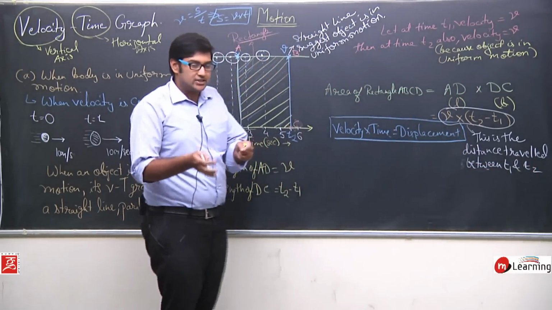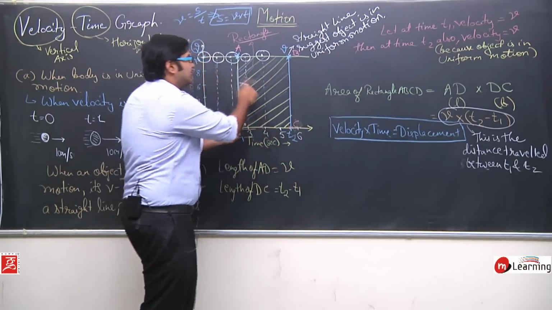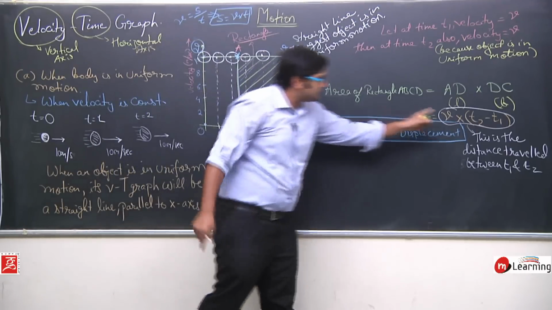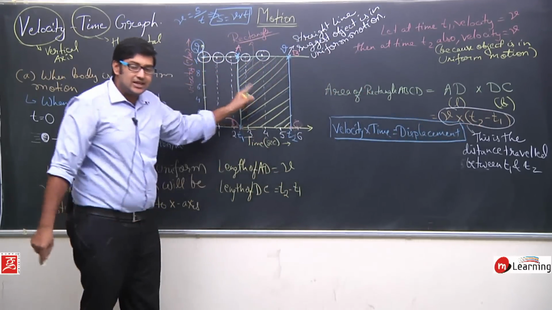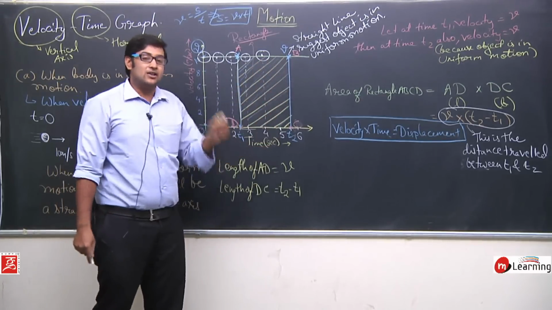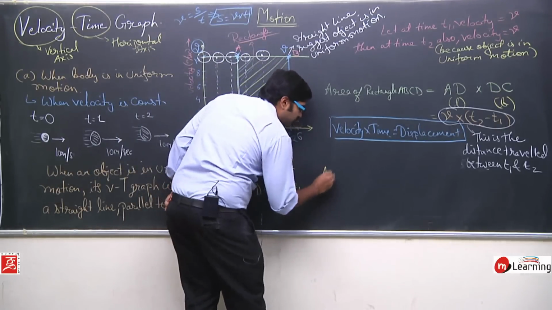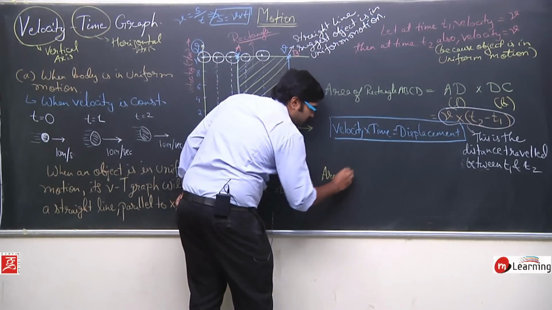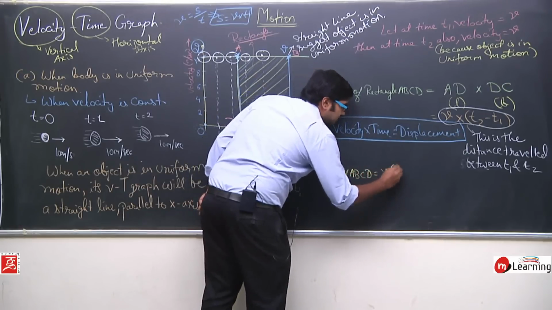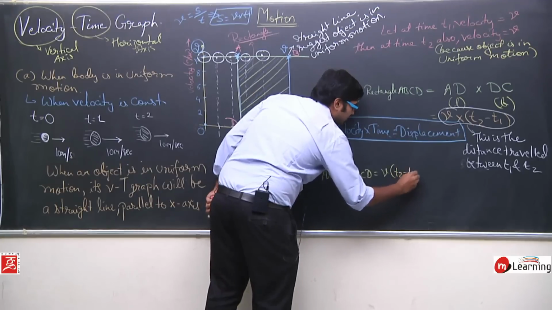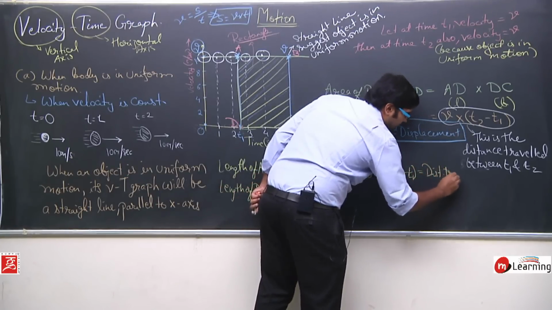So in the time duration from T1 to T2, we have travelled this much distance, okay, that is V into T2 minus T1. Now basically what is this? This is the area of this particular rectangle. So the area of ABCD is equal to V times T2 minus T1, that is the distance travelled